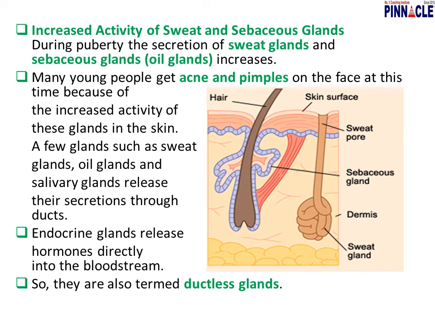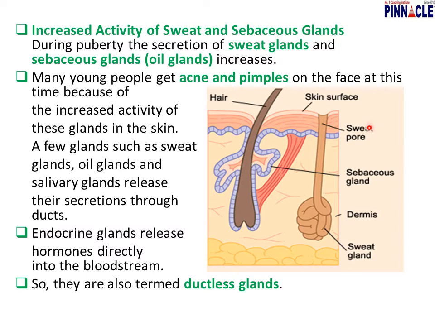This is the stage. This is important, interesting, about the voice box. Increased activity of sweat and sebaceous glands. Which are these glands? Sweat and sebaceous glands. You can see which are. This is hair on skin, and these are sebaceous glands. Around here the gland is called the sebaceous gland.